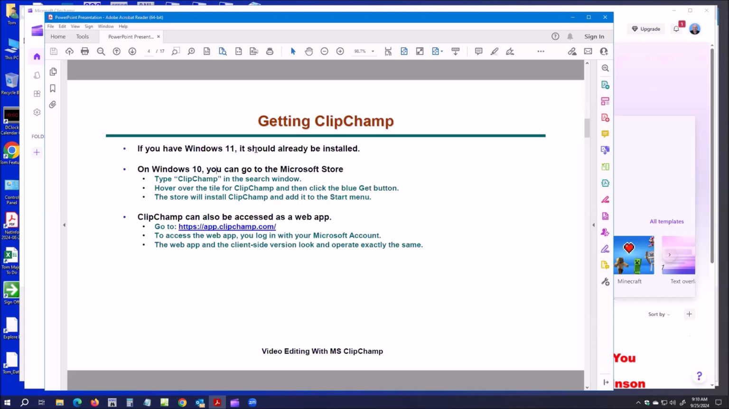So if you have Windows 11, most likely Clipchamp is already installed. I'm still, believe it or not, running Windows 10, because the CPU on my desktop is not compatible. And I didn't feel like throwing my desktop away. Anyway, you can go to the Microsoft Store, type in Clipchamp, and just hit the install button on the Microsoft Store. And another way you can get at it is to go to this link here,